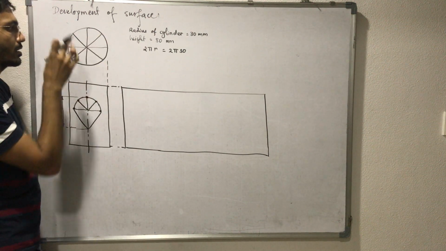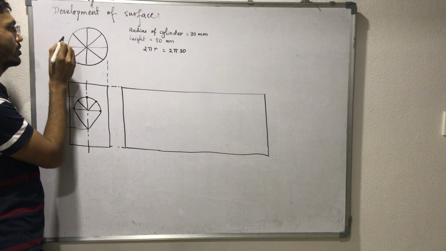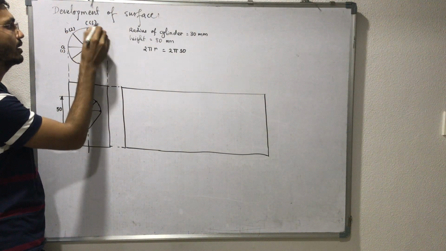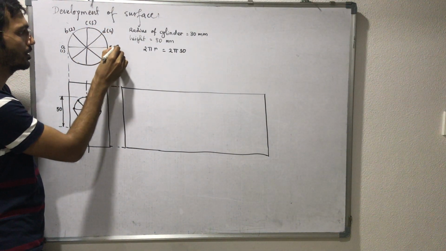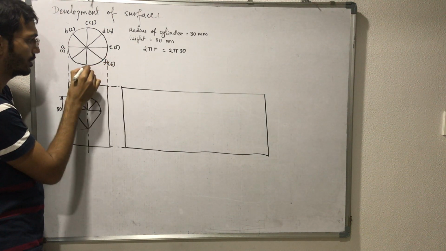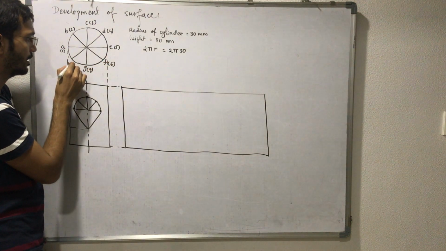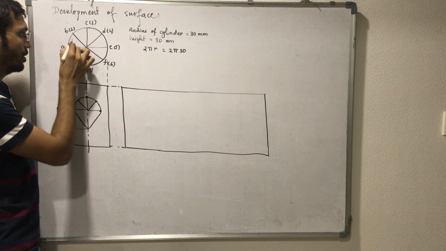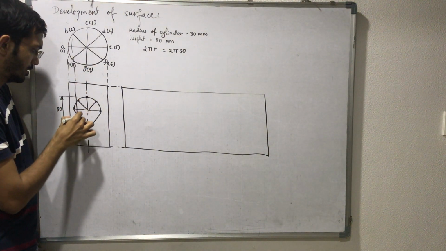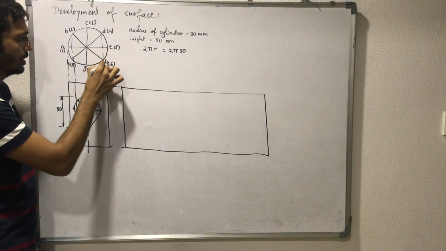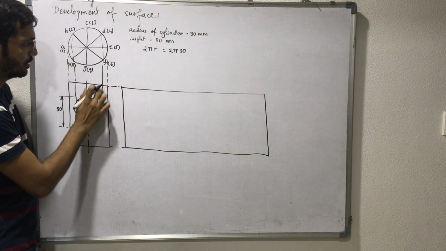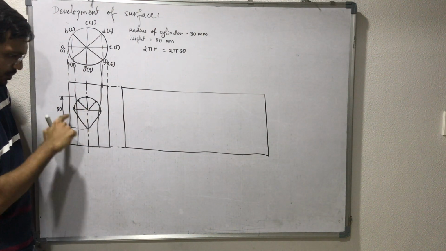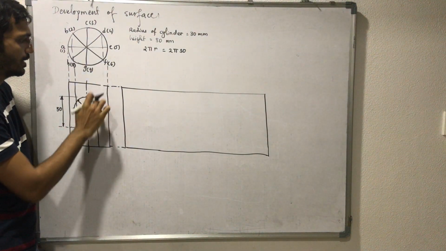These are the two views, top and bottom. So let me write from here. This one is A, and below it 1, then B, C, D, E, F, G and H. There are a total of 8 points. So when you extend, here I extended these generators, so the same symmetrical parts are there.